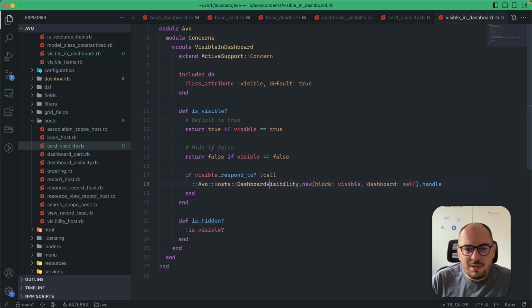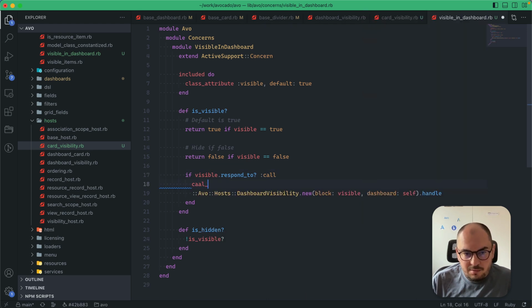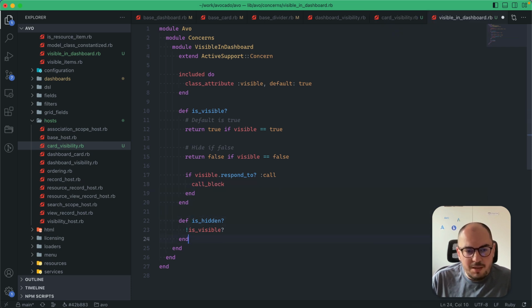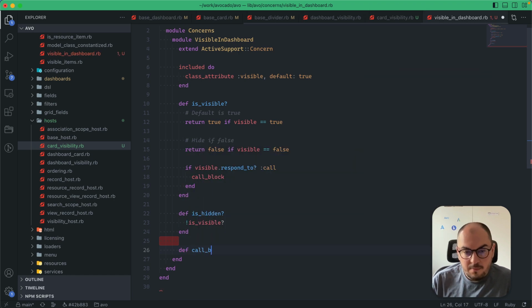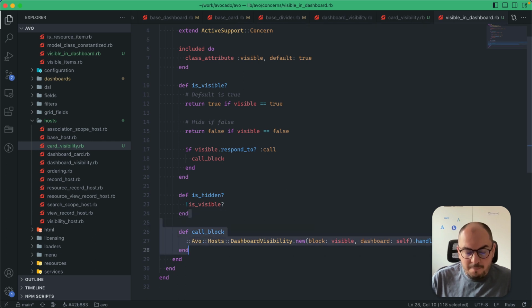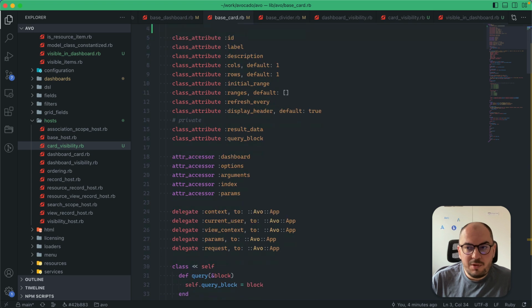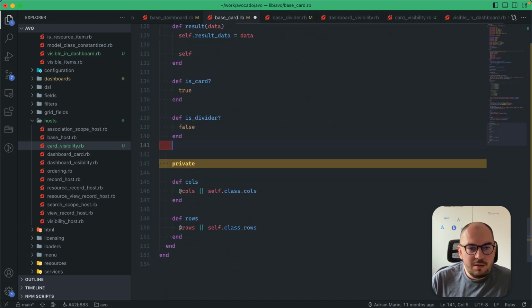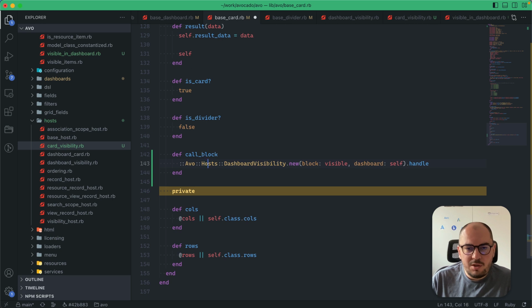So visible in dashboards, and let's just say if this responds to a call block, okay? And this call block method is going to be this one. And by default it is going to use the dashboard visibility. But if we go into a base card, we can override it here at the end, call block, and we're going to use card visibility, and we're going to say card, it's actually self, so that instance, and the parent, it's actually, let's